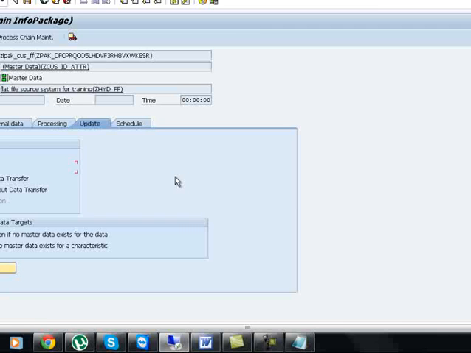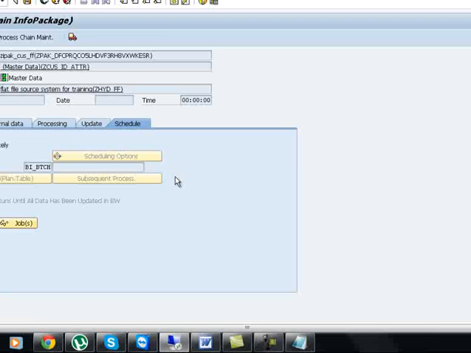Schedule is where we have to schedule. There is a start data load immediately option, which we can create directly by clicking start, or you can schedule it in the background for later by clicking this option. For some reason it is not available here in the 3.5 version, so you will get scheduling options here. By selecting the option you can schedule the data. We will see that in the 7.0 version. So here you have to click start to get the data,